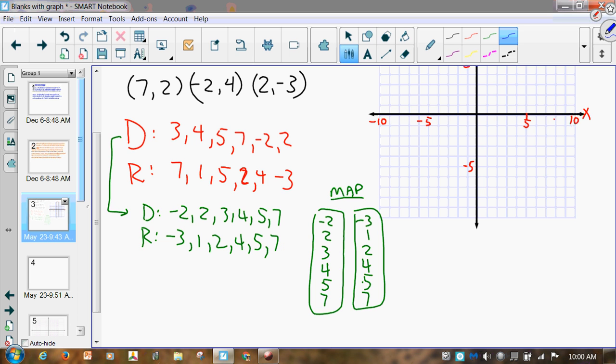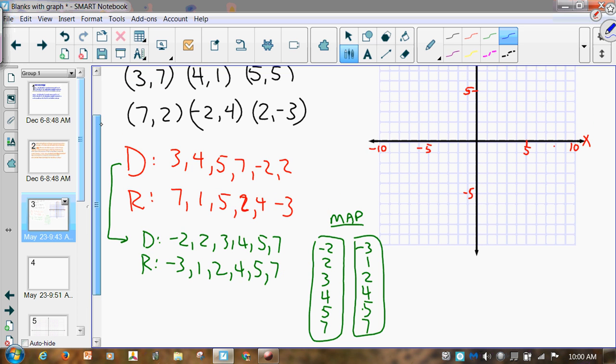So we had, let me scroll back up just a second so we see our pairs. So 3, 7, okay, what we would do is we would connect the x 3 with the 7. Then we would connect the 4 with the 1, and then we would connect the 5 with the 5, and then we would connect the 7 with the 2, and then we'll connect the -2 with the 4, and we will connect the 2 with the -3, like that. And that gives us, this is our domain, and this is our range, and that's a domain range